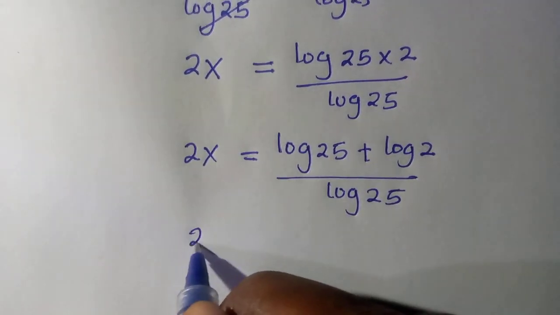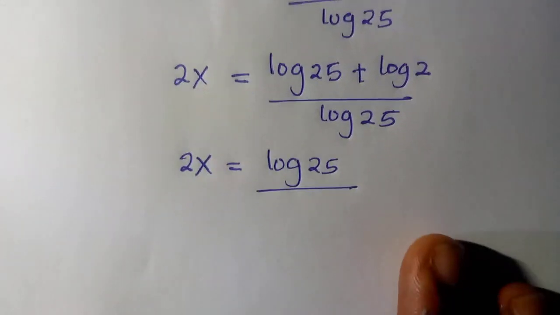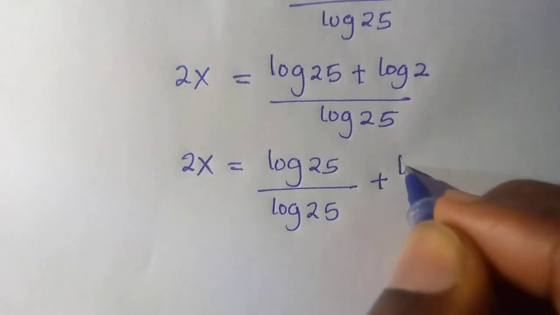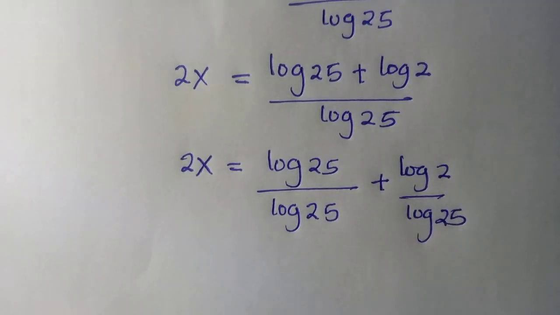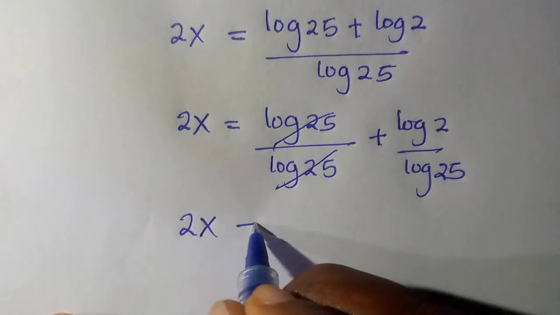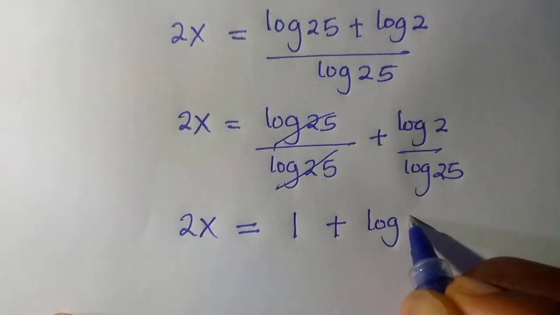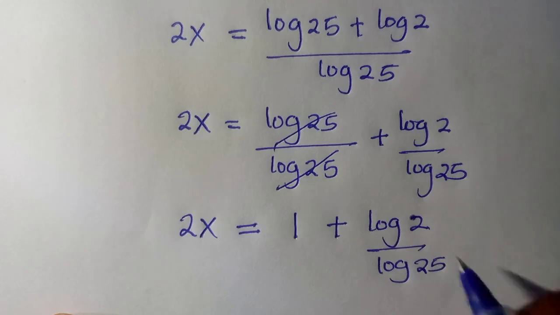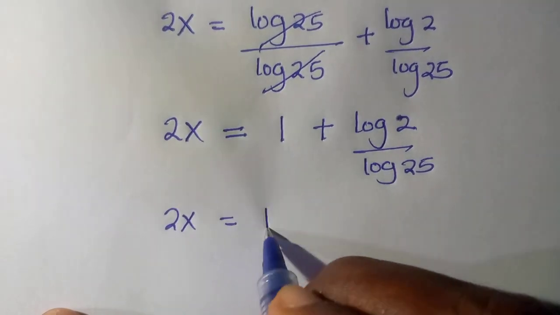If I split this, we have log 25 divided by log 25 plus log 2 divided by log 25. So this cancels and we have 2x equals 1 plus log 2 divided by log 25, and next we have 2x equals 1 plus